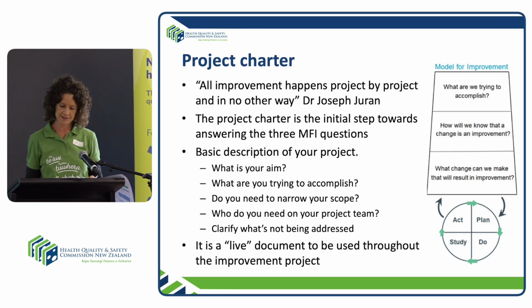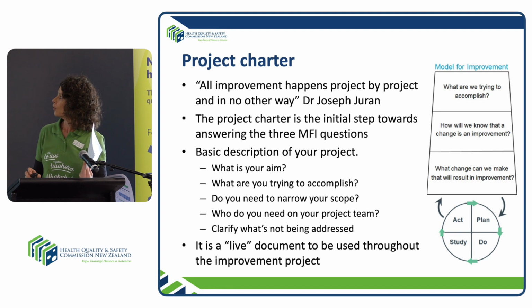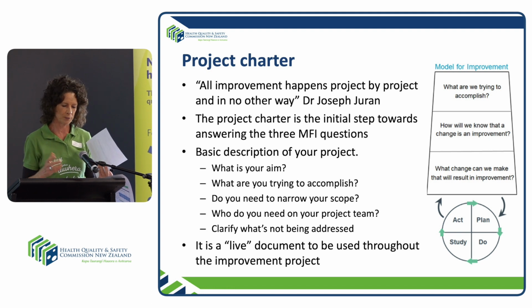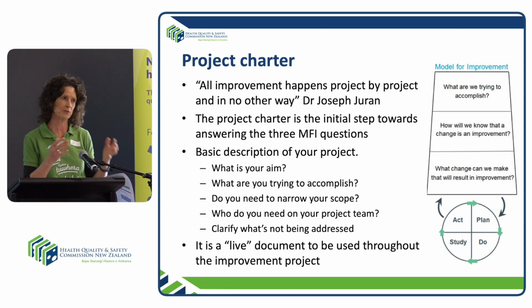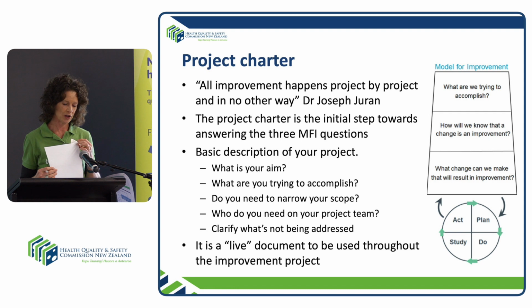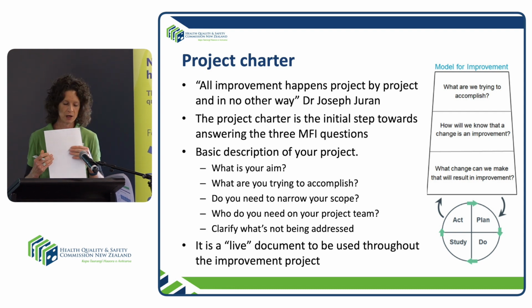So there are some key steps in your project charter. Basically, what I've been talking about is using the process: all improvement happens project by project or process by process, and actually there's no other way, there's no magic bullet. And so the aim of the project charter is to address those three key model for improvement questions, which are,